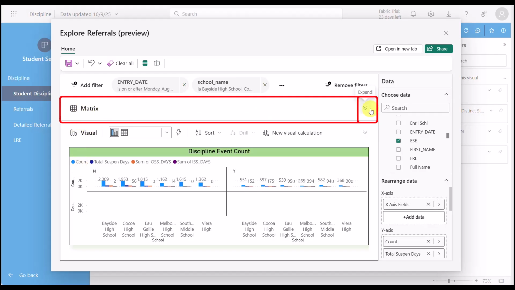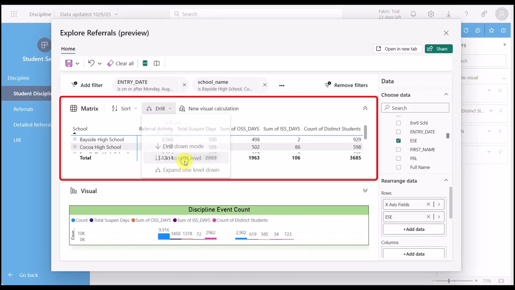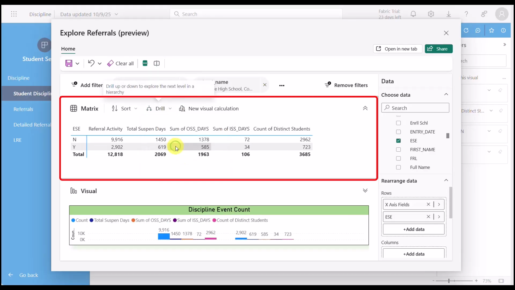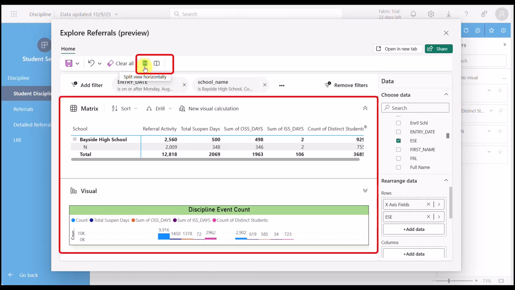Click the chevron to expand the matrix table of values. From the matrix section, explore the different drill options by clicking the Drill drop-down menu. You may drill up, go to the next level, drill down. Now, practice switching from horizontal to vertical split view. We are already in the horizontal split view,